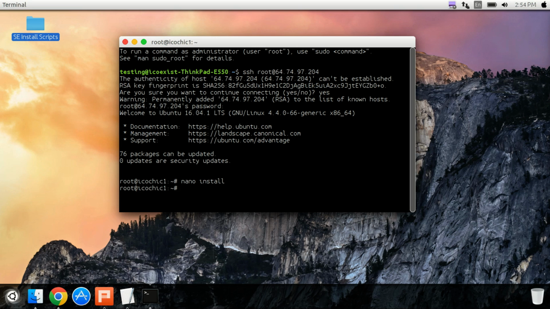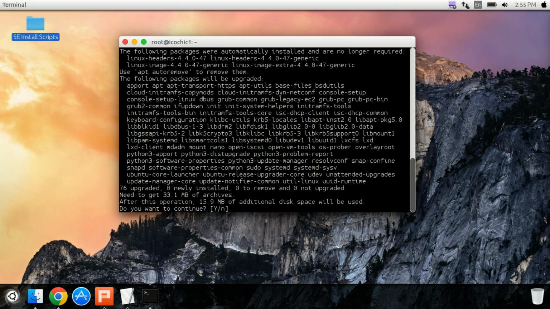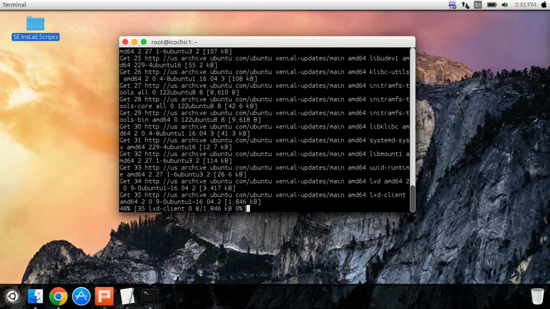Alright, then we need to change the permissions and run the script. So chmod 755 star, because there's nothing else in my root folder, so star will be okay, and /install. Now you're going to be prompted, this will install SoftEther. Do you want to proceed? Yes. So what it's going to do is it's going to update the server for you. Depending on how outdated the server is or what kind of software is pre-installed, there might be a lot that you need to do. However, for me, it's only 15 megabytes, so we'll just go ahead and hit yes